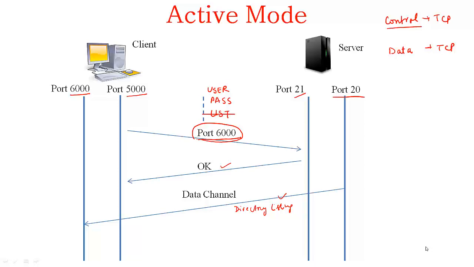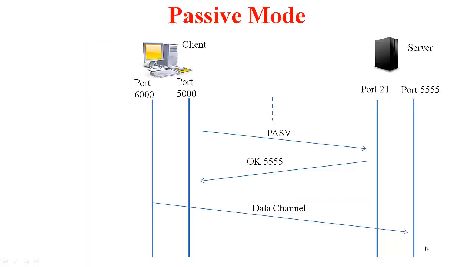So passive mode tries to address that. So let's look at passive mode. In passive mode, this is what happens. Again, originally the client is going to contact the server on port 21. It will send that user, pass, and so on. But when it wants the directory listing, instead of sending the port information, it is going to send the passive, PASV